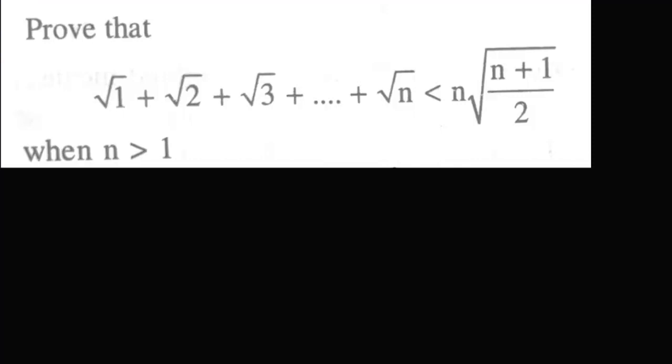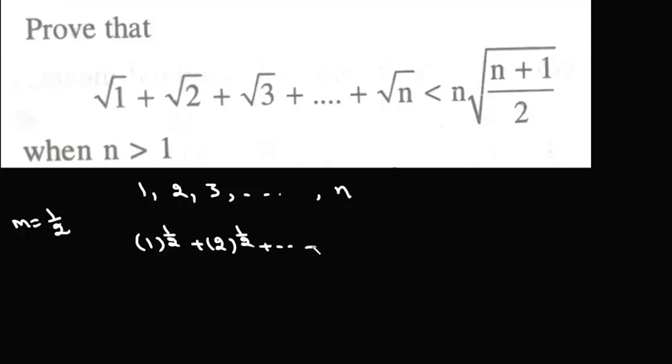Now let us take one example. It says prove that root 1 plus root 2 up to root n is less than n into root of (n plus 1) by 2. So here what we'll do is we'll consider n numbers 1, 2, 3 up to n, and we'll consider their mth power mean using m as 1 by 2. Now since m lies between 0 and 1, we have to use its second form. So we can write (1 to the power 1 by 2 plus 2 to the power 1 by 2 up to n to the power 1 by 2) whole divided by n